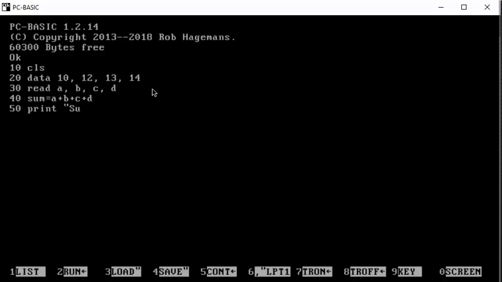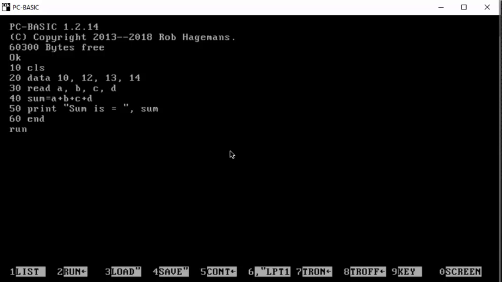It will print the value on the screen so that we can understand it. And here will be a comma, and we will call SUM here and then press enter. On 60 we will end this program. And now let's run it and see what the output is.